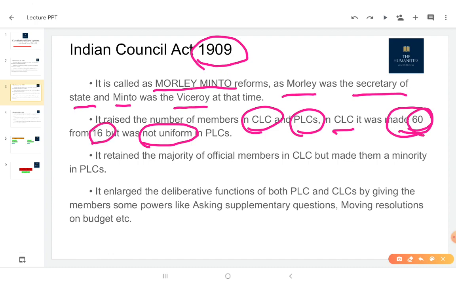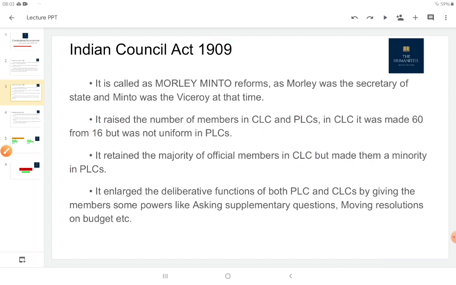Okay, in the Central Legislative Council, but there were many provincial legislative councils, and in different councils the numbers which increased were different. So we do not have any uniform number for that, but it was increased. And in the CLC, Central Legislative Council, the majority remained with the official members, but in many provinces the non-official members were in majority now. So in 1893, when the membership was increased in both CLCs and PLCs, the majority was